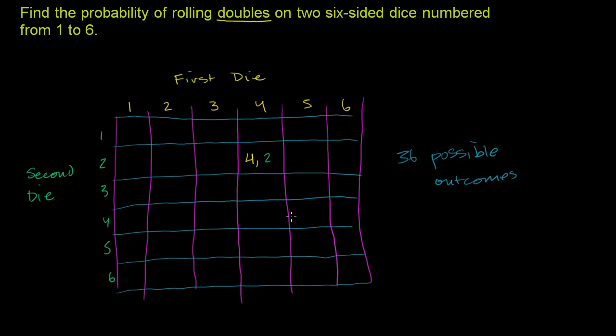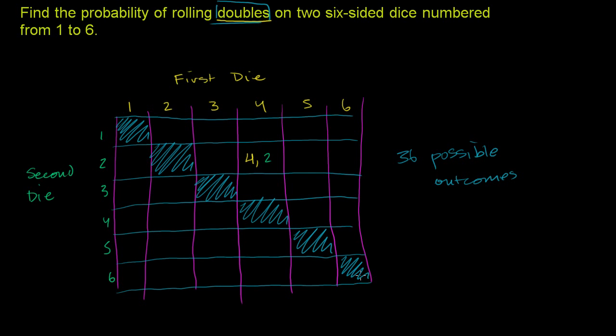Now, what are the outcomes that satisfy our conditions, that entail us getting doubles? Well, if we get a 1 on the first die, we have to get a 1 on the second die. If we get a 2 on the first die, we have to get a 2 on the second die. If we get a 3, we have to get a 3. I think you see where this is going. 4 and 4, 5 and 5, and then 6 and 6. So how many of these outcomes involve us getting doubles? Well, it's 1, 2, 3, 4, 5, 6 outcomes. So there's 6 outcomes